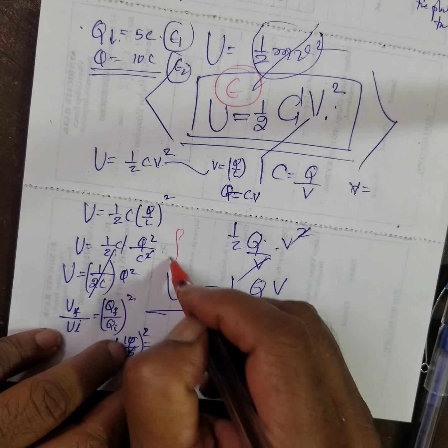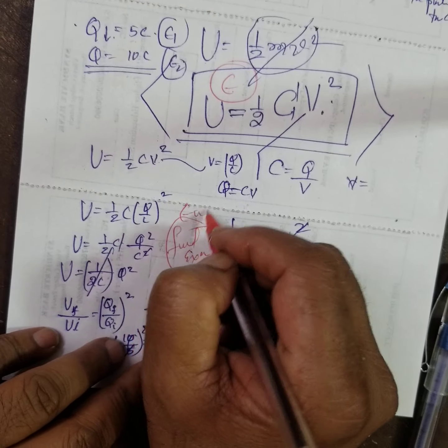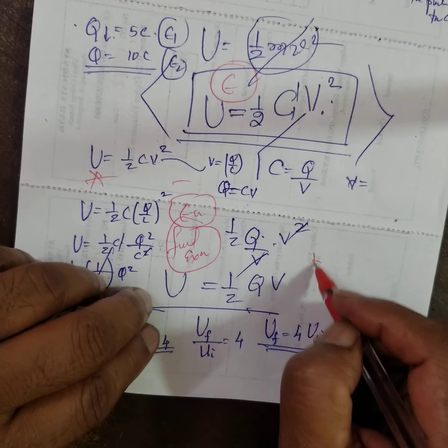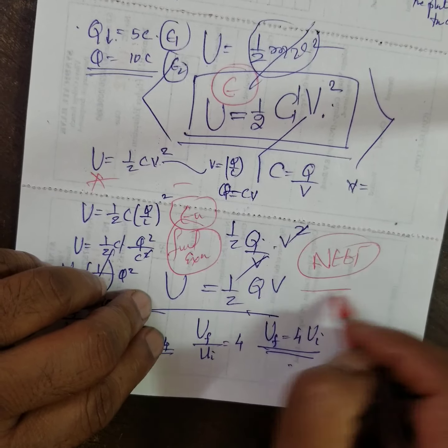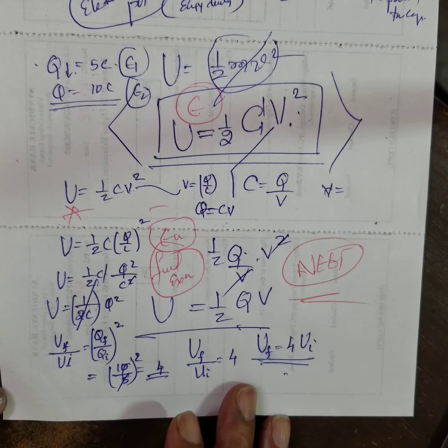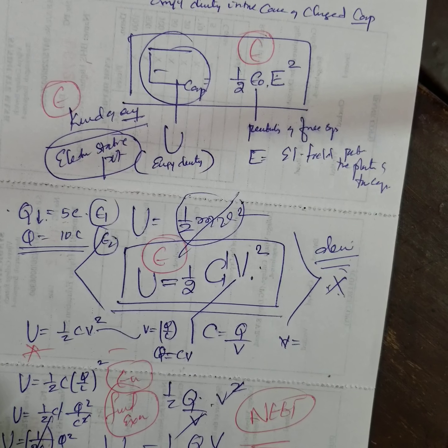Both the final exam and CET have asked this. Though it is at the PU level only, this is the basis for NEET. Therefore, go through all these things properly and work them out. For the next class, I will tell you how to derive this. They will ask the derivation for 3 marks. Okay, thank you.